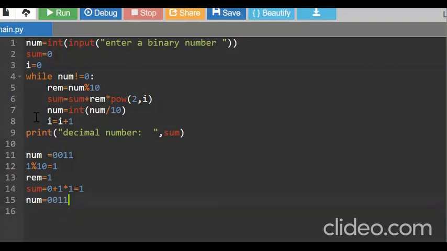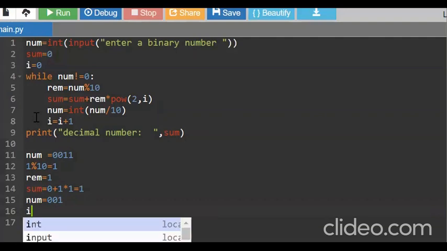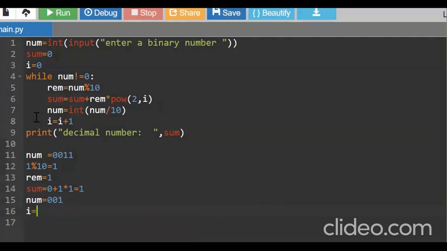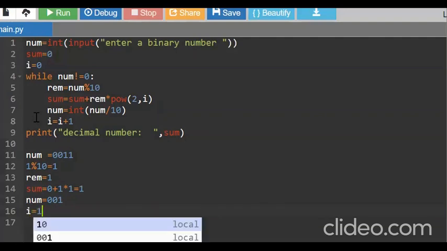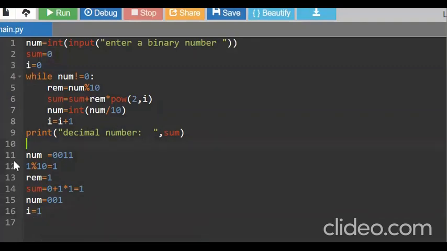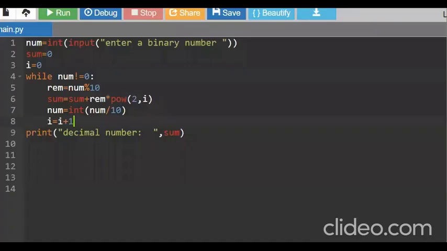So my i value becomes 0 plus 1, which is 1. This is the first iteration. In the second iteration, I'm going to the while loop again.